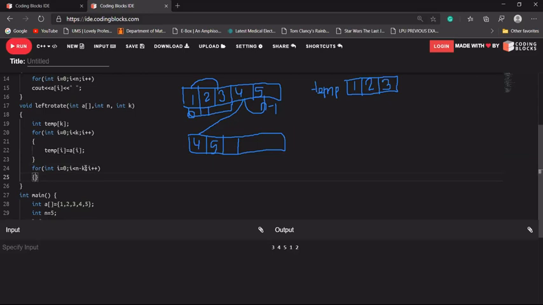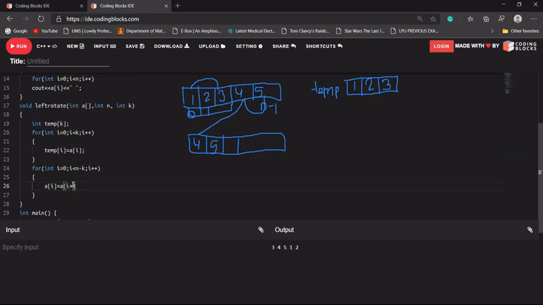So a of i will be a of i plus k. At a of 0 we will store the value of a of 3, because the index of 4 is a of 3.